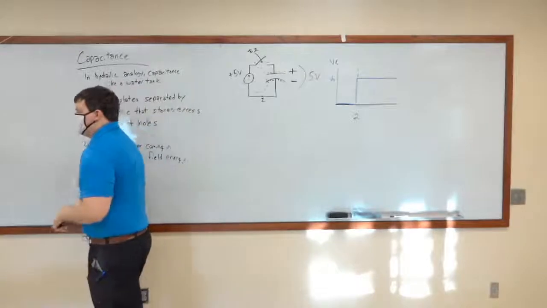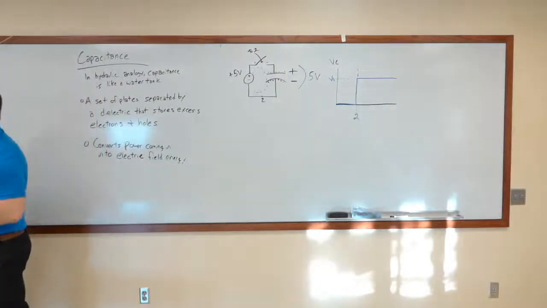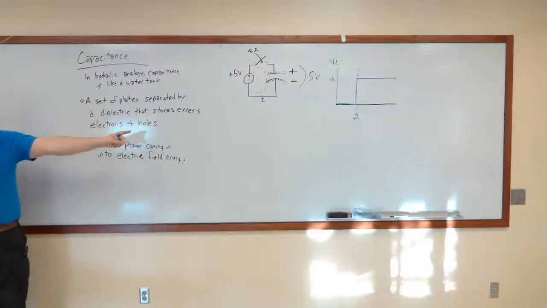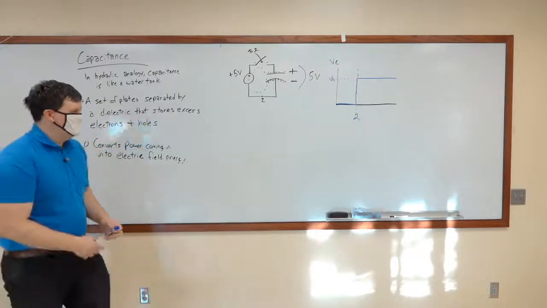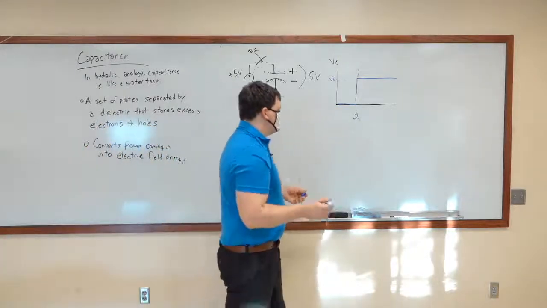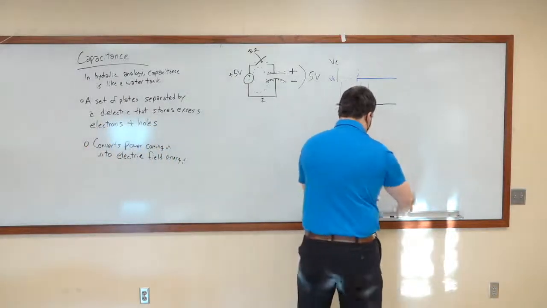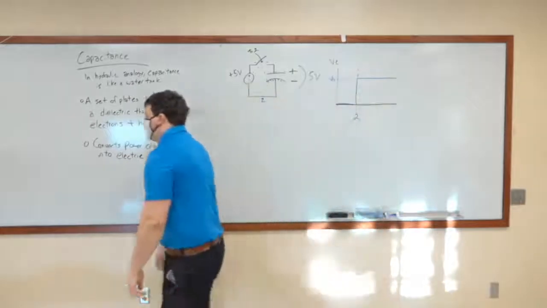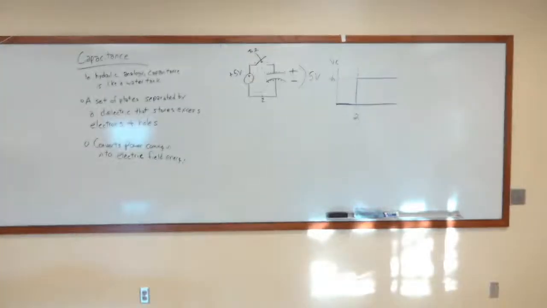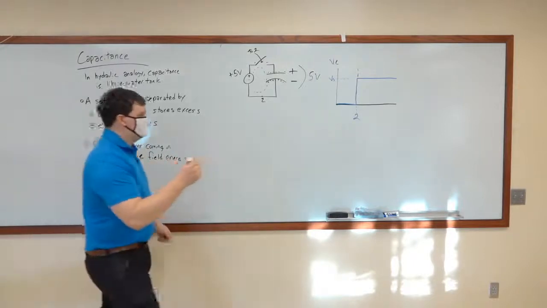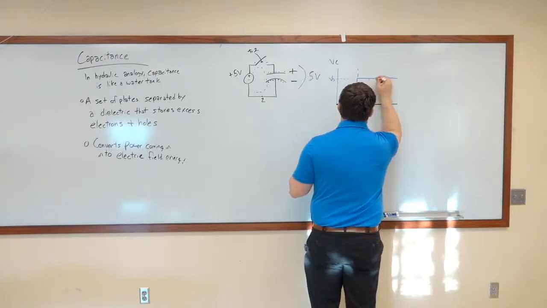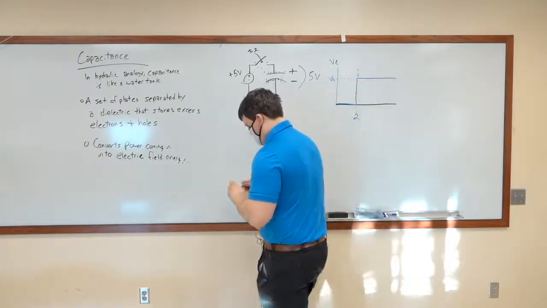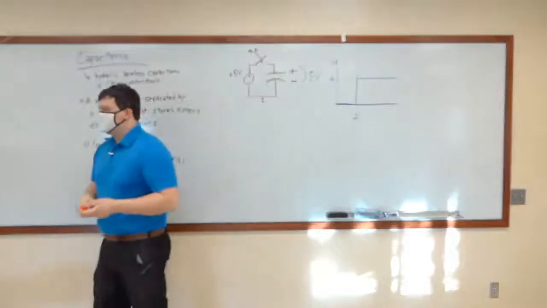Now that's not realistic, I'll tell you that right now. This is for a perfect capacitor. Real capacitors have some small amount of resistance in it. Because of the small amount of resistance, for a real capacitor, the actual curve, I'll draw it in red, ends up being an exponential function that looks more like this. Okay, that's a little exaggerated.